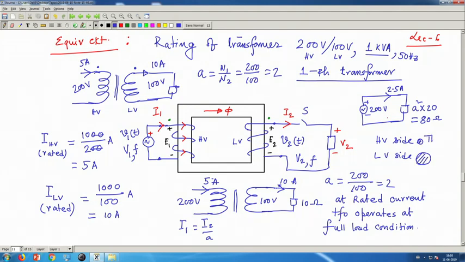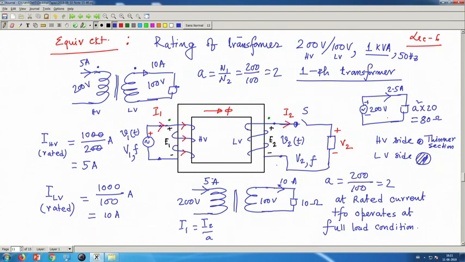Thinner wire means thinner section. And the section on the LV side has to carry rated current. When the LV side carries rated current, the HV side has to carry rated current. Therefore, if a transformer is given and the windings are available to you, you can immediately see the section of the wire. The section on the LV side will be much higher than on the HV side.